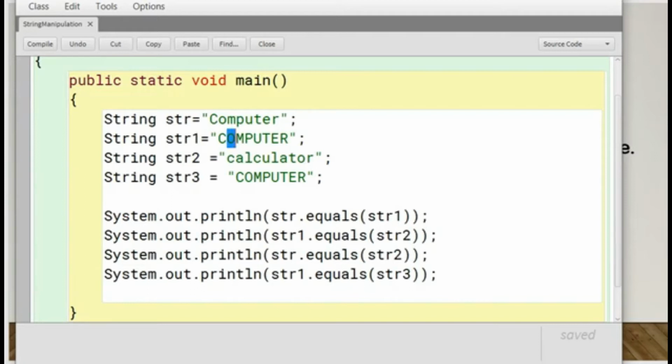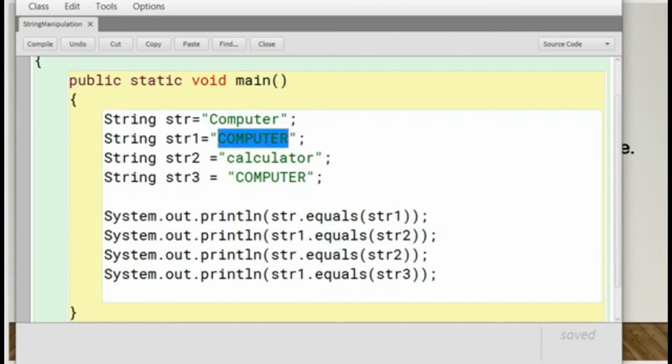Though both have the same word and same meaning, the cases are different. So if we compare str with str1, the function equals obviously returns a boolean false value.